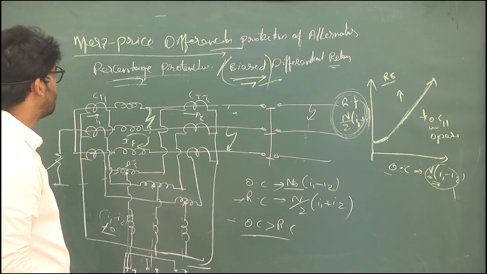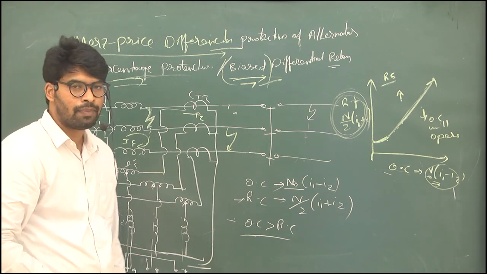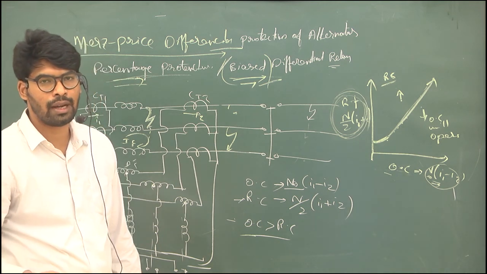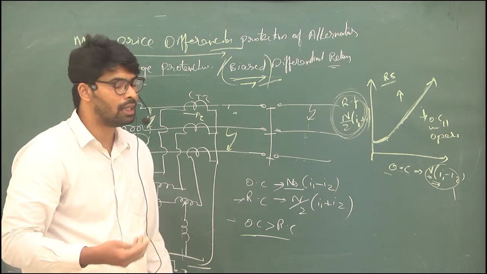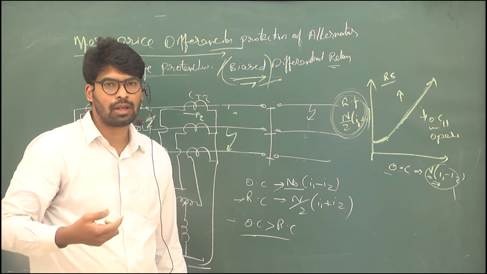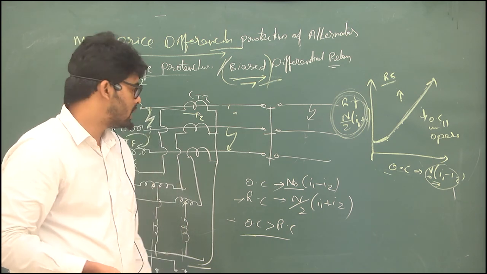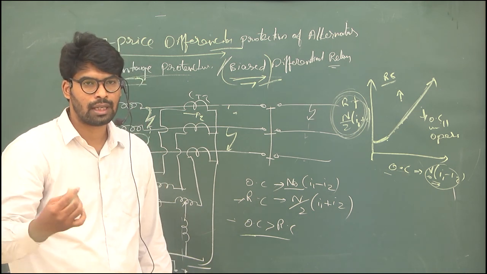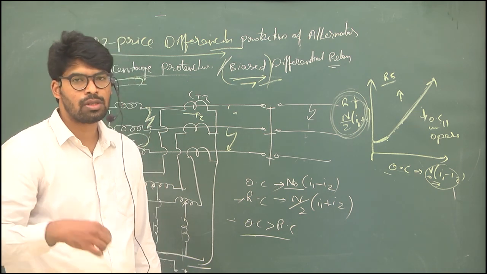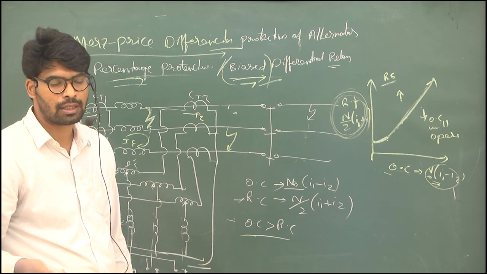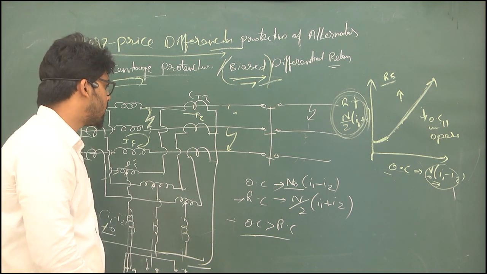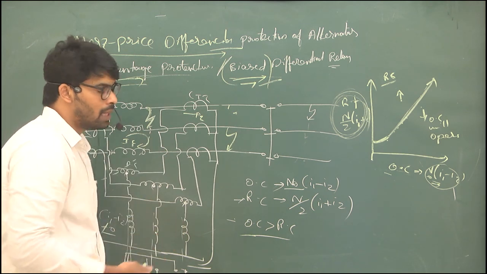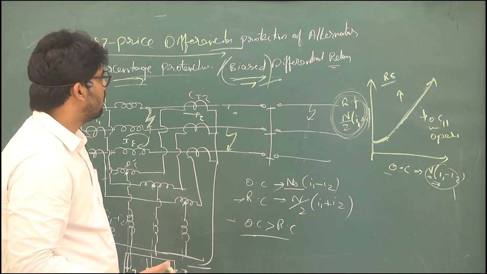This is about Merz-Price differential protection of alternator. To understand this, if your examiner asks you to explain the Merz-Price differential relay, you need to explain the basic operation of the beam type with the circuit of the normal protection zone. Then, naming the disadvantage of the beam type, switch to the induction type explanation, and then straight away with the alternator protection zone circuit, explain this Merz-Price differential protection relay.